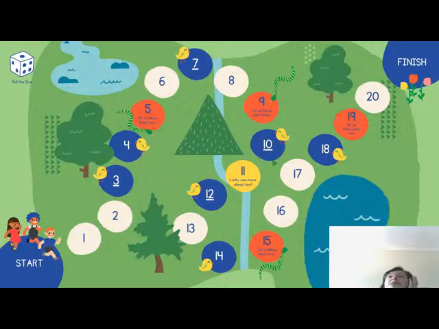So this board is really a very good example of game-inspired ideas. It's not gamification itself, but can be used as a fun little activity or element of fun in our day-to-day learning. So, if I roll the dice,